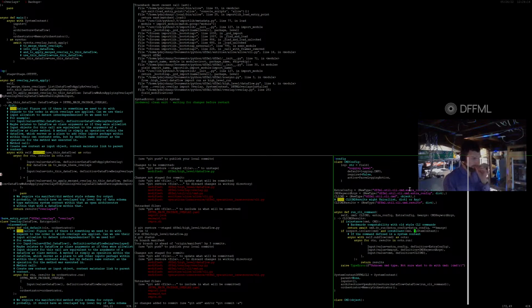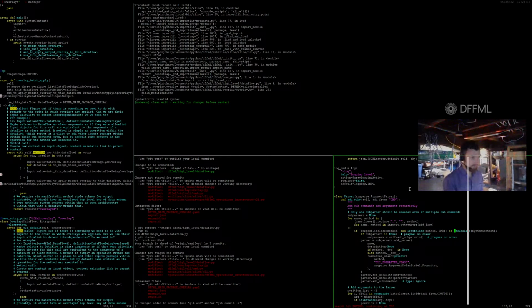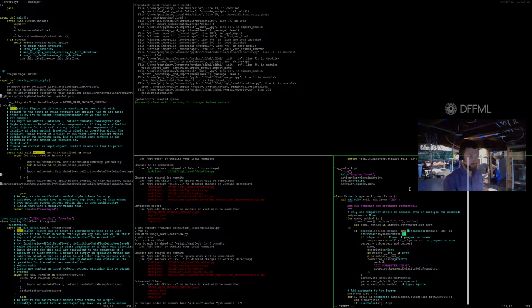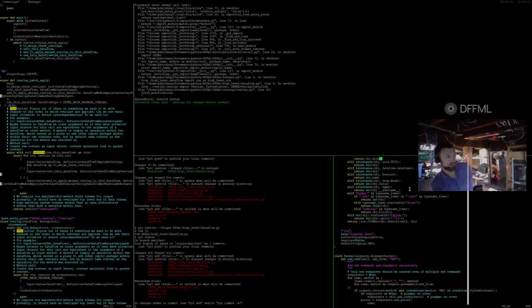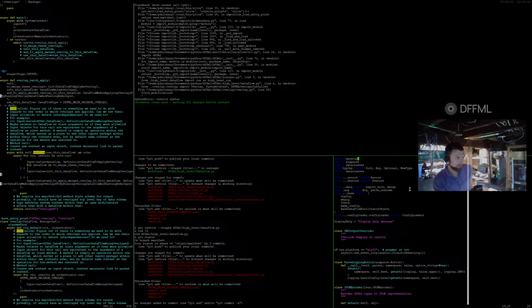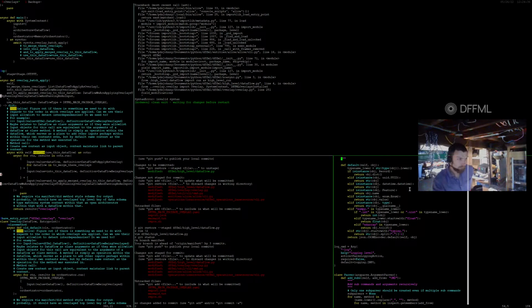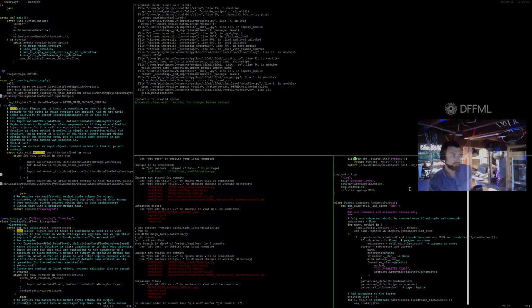Okay, so basically, if we're sure it's a class, check if it's either an old thing or a new thing, right? So either a command or system context. If it is a system context, so